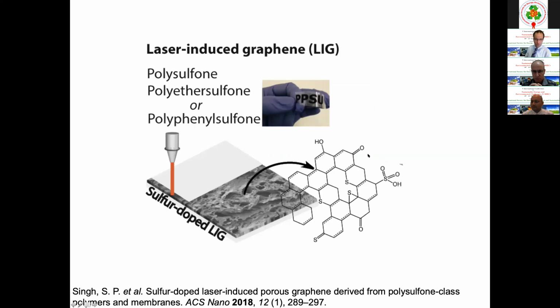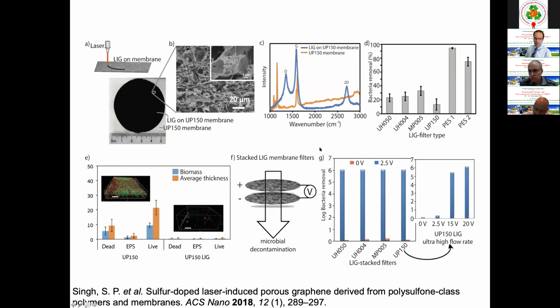So what else can you dope? You can also dope the graphene with different heteroatoms. So here's a sulfur doped LIG. Depending on the substrate, you can get different heteroatoms into the graphene structure. And we noticed that this sulfur doped LIG gave increased amounts of, for example, hydrogen peroxide when you use them